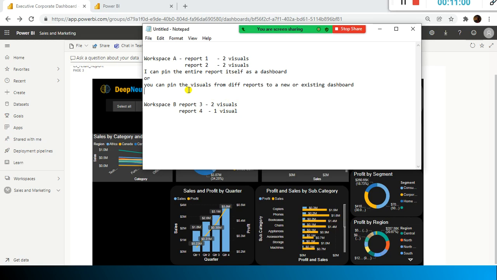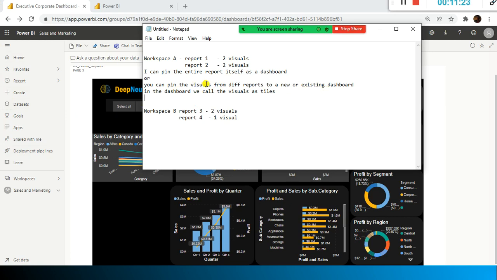Okay, once you pin the visuals to your dashboard, whatever visuals you see in the dashboard are called tiles. In the dashboard, we call the visuals tiles. That's all. So that's why I already mentioned, right? You can pin the entire reports.